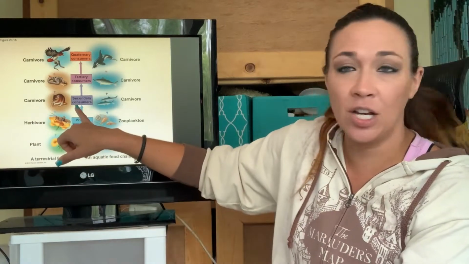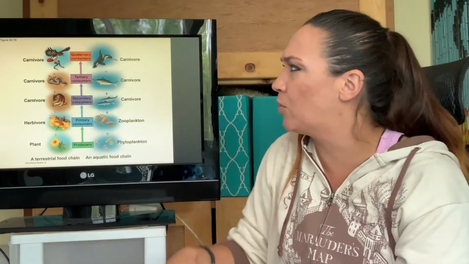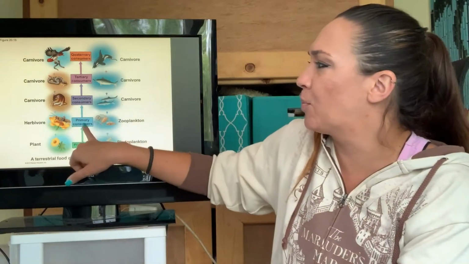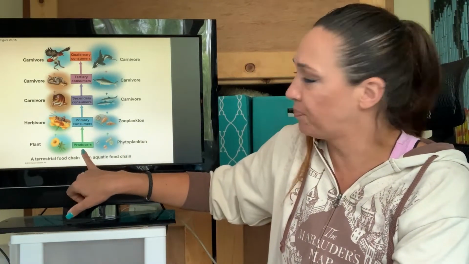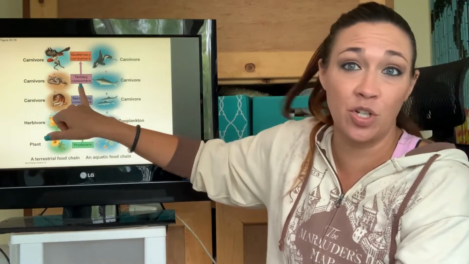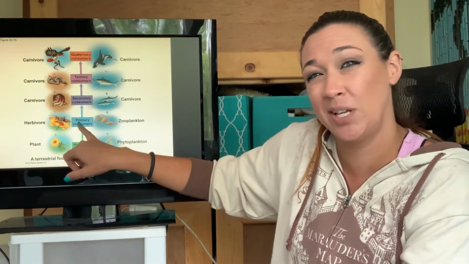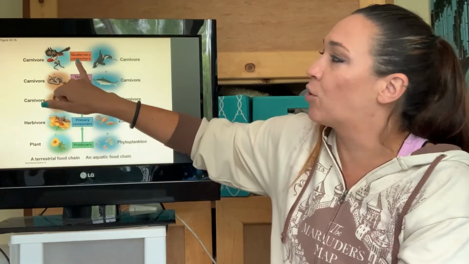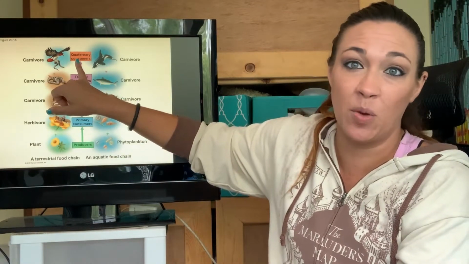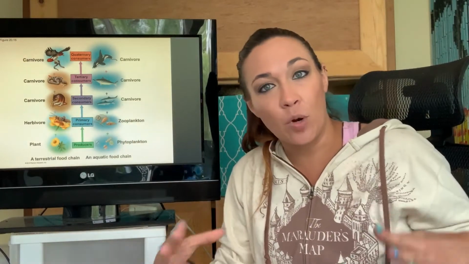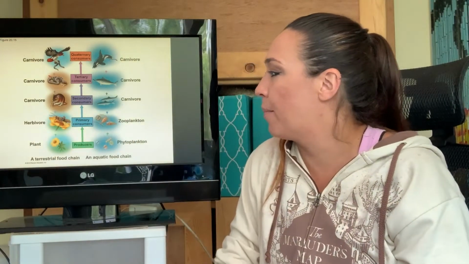Okay, then you have your secondary consumers. These would be your omnivores, your carnivores, something like that. They can either eat the primary consumers or the producers. Tertiary consumers, these are usually going to be your carnivores. They're eating the secondary consumers or possibly the primary consumers. And then your quaternary consumers, which are pretty much eating whoever they want to, but usually they're going to be the carnivores, so they're eating these top level. So it's kind of working their way up from the bottom.